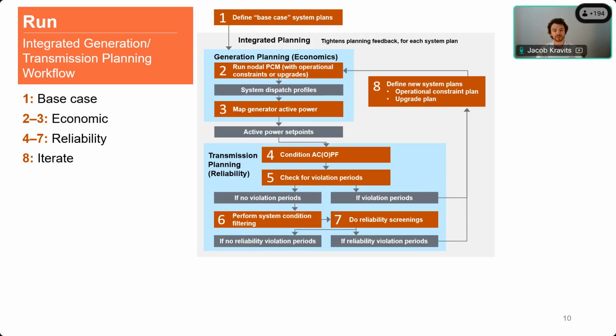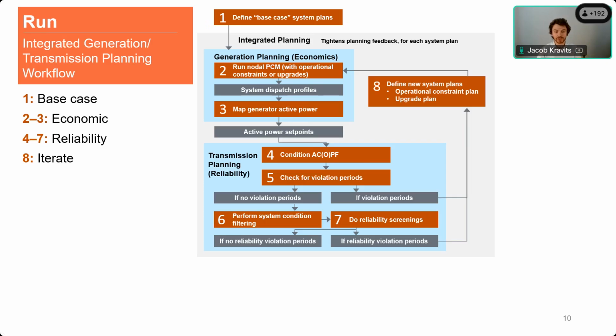And we talk a lot about practical reliability screening techniques. Maybe there's contingency analysis. We get into a lot more depth in the guidebook about how this works. But again, the important thing in this process is about closing the loop, right? Taking those reliability concerns and feeding them back to the production cost model as constraints. Again, it's about tightening that feedback loop.